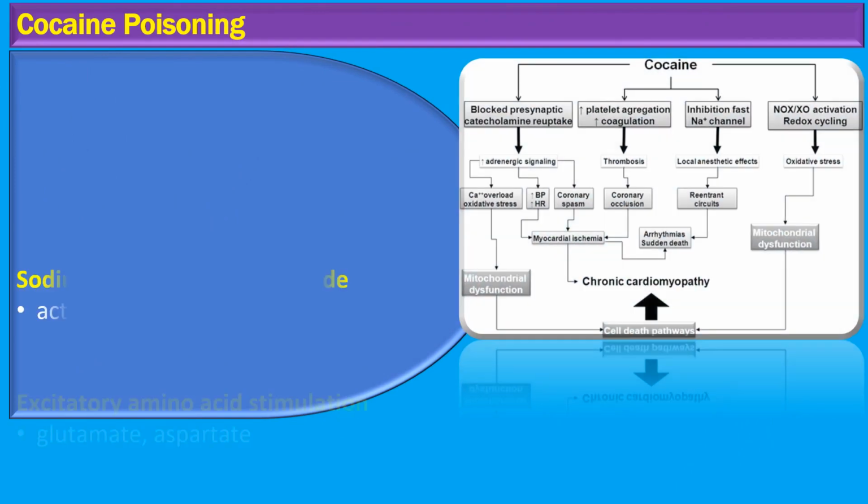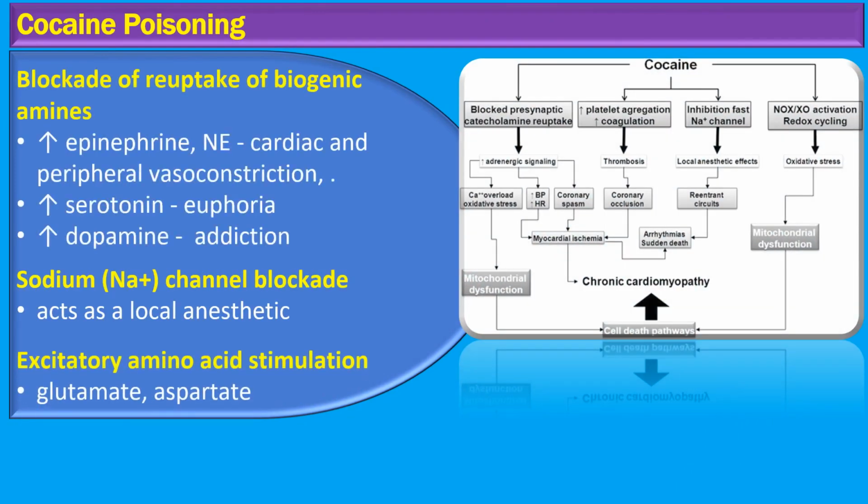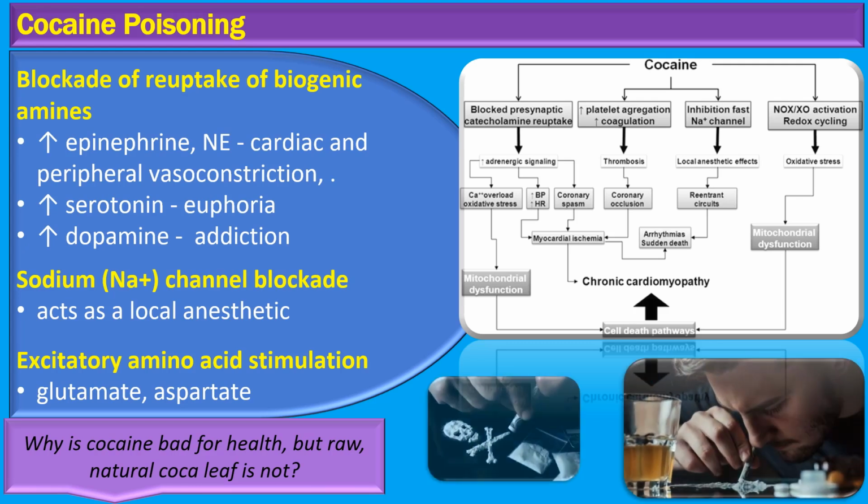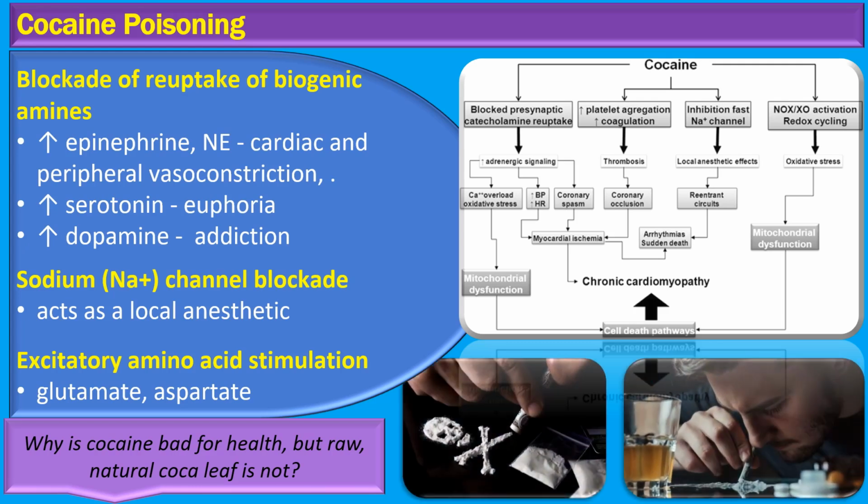Let's see the pathophysiology of cocaine and its multifaceted impact on the body. Cocaine, a potent stimulant, exerts its effects through several mechanisms. Firstly, it acts as an indirect sympathomimetic agent, enhancing the availability of biogenic amines, such as serotonin, dopamine, norepinephrine, and epinephrine, by inhibiting their reuptake at the synapse. This blockade results in heightened stimulation of various adrenergic receptors, which can lead to increased heart rate and blood pressure